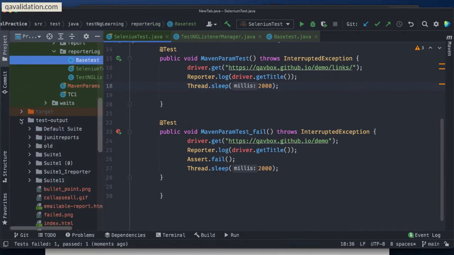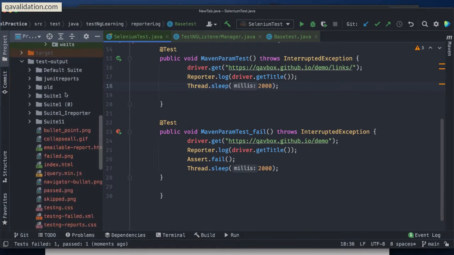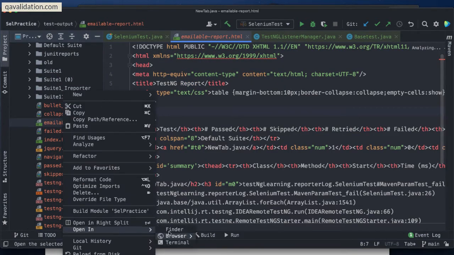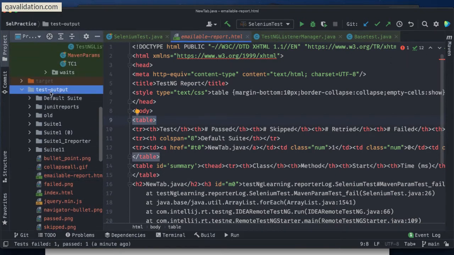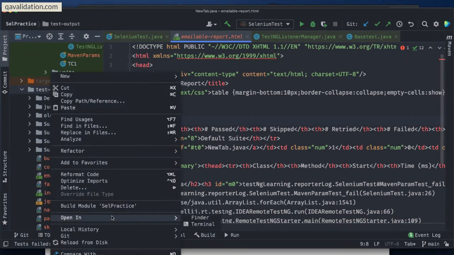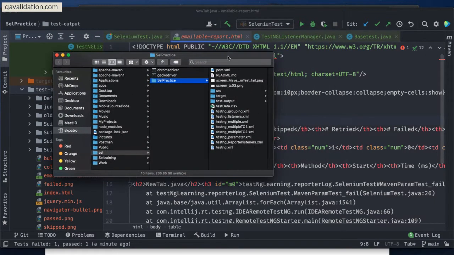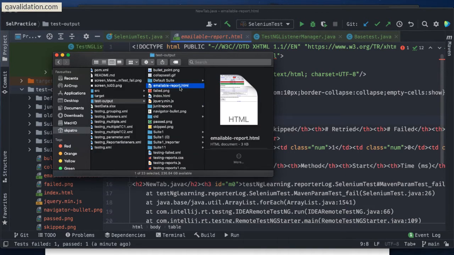But at this moment, let me show you how exactly the report is generated. As I told, because I have done the configuration in the edit configuration, I should be seeing it under my test-output folder. If I go to this emailable report, never open it directly from here. What you need to do is go to the test output, right click, and open it in your Finder or in your Windows Explorer. Under this you have to come back here to the test-output folder. Now here you have an emailable report HTML and an index HTML.